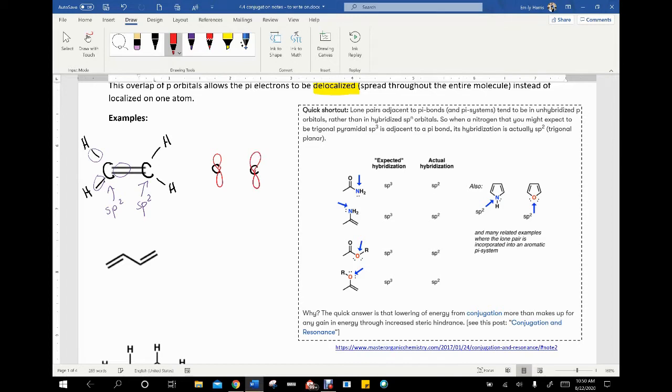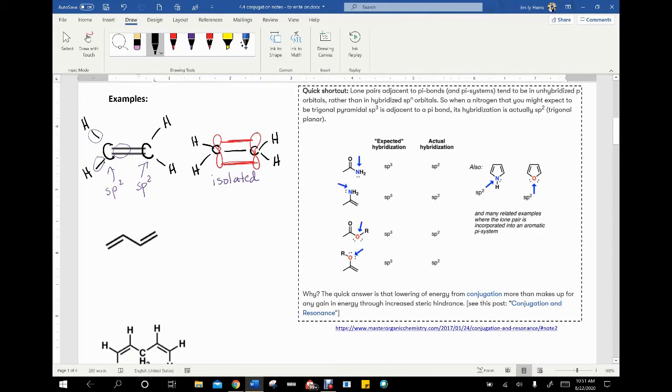what those p orbitals do is they provide that pi interaction to generate a double bond. The hydrogens, of course, having 1 electron, don't have any p orbitals to participate, so the pi interaction here is just limited between those 2 carbons. So this is what we call an isolated system. It's just occurring between 2 adjacent atoms. However, if we go to the next molecule, here we see that pattern of alternating